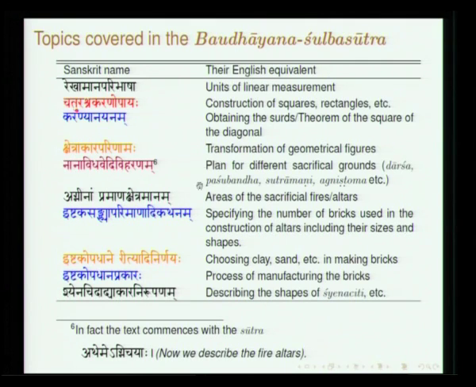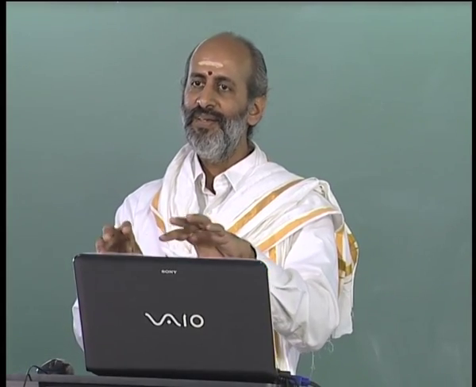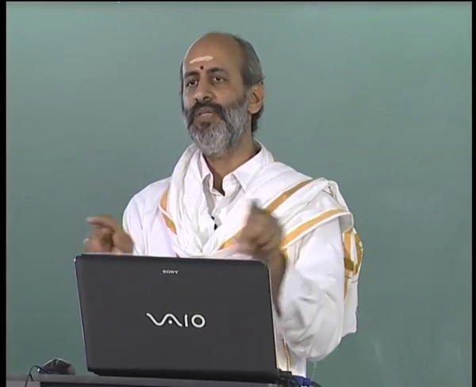Nanavidha Vedi Viharanam. Vedi, as I told you, is a sort of sacrificial ground, Yajnashala. For different sacrifices you should construct the altar in different sizes and shapes, and in fact there are certain altars which have to be constructed in the form of a bird, a falcon. But there is a certain constraint which is imposed, so you should have only 120 square meters.